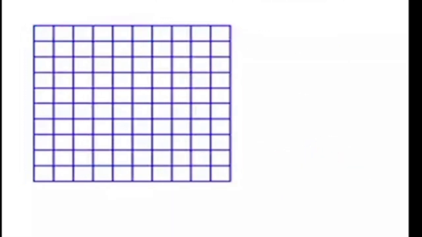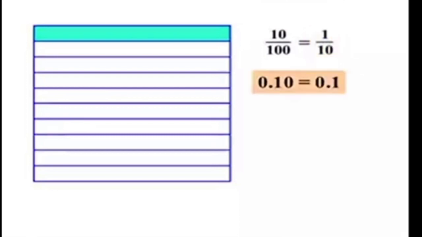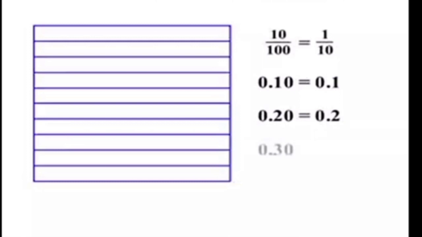Have you seen? See this figure, this is out of 100. Out of 100, 10. See, 10. If we divide this one into 10 parts, it will be 1 by 10. This is a similar fraction. 10 by 100 equals 1 by 10. In decimal fraction, 0.10 or we can say 0.1. This is the same value. This is the equivalent fraction. In the same way 0.20 we can write 0.2. This is equivalent. 0.30 we can write 0.3. This is the same.